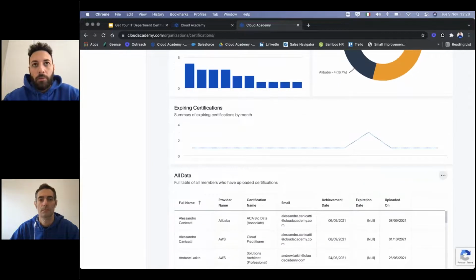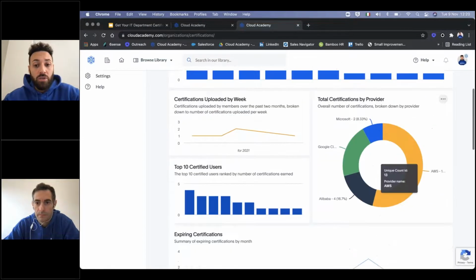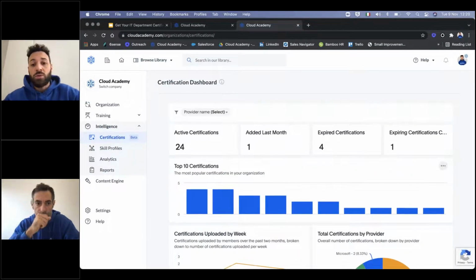So it's the right information to help me best organize for the future, to renew the specific certification in the best way. And for sure, if I need to select the people to involve in a specific project, here I have visibility about the best people that I can involve.